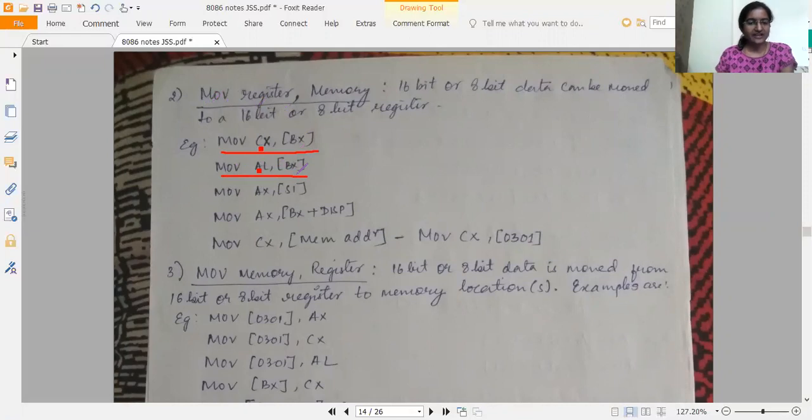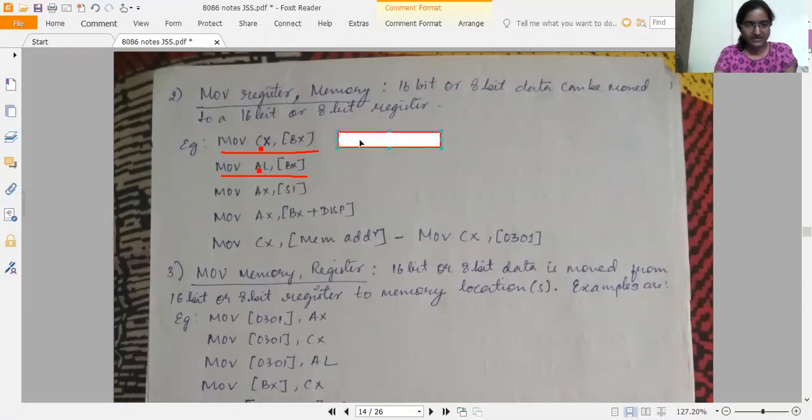Now if I write this in terms of logical address, how can I write it? For example, for the first one I will write: DS:BX.